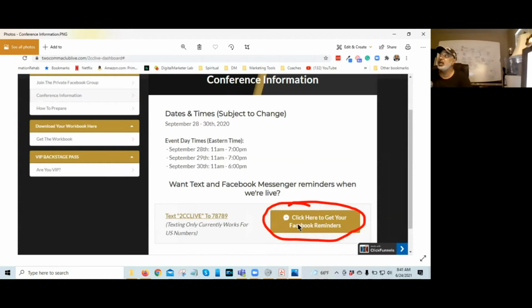So look at right here. We're looking at this one. Click here to get your Facebook reminders. So what happens on this page is we're telling them these are the dates, right? Now, remember, it says Eastern time. Say Pacific, Eastern, or Central. I like all three. Never say Arizona time. No one knows what time it is in Arizona.